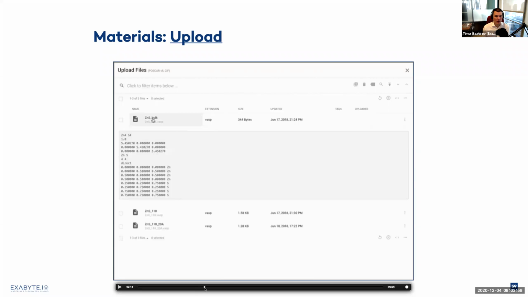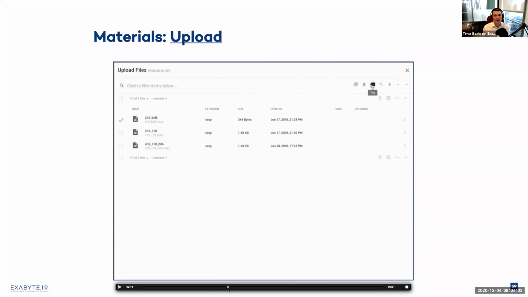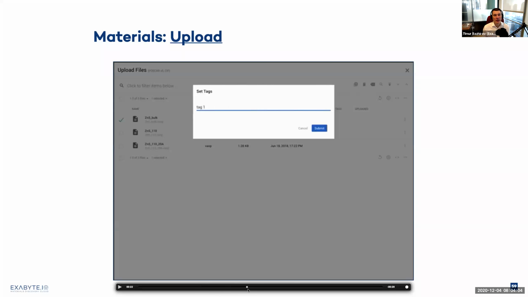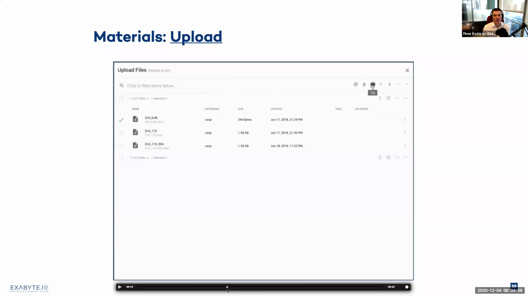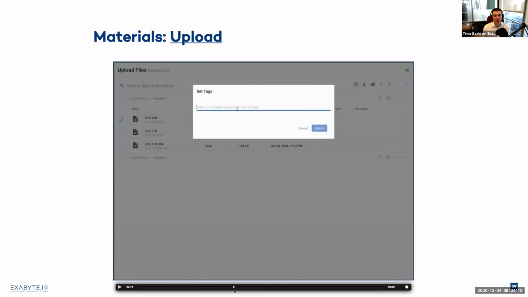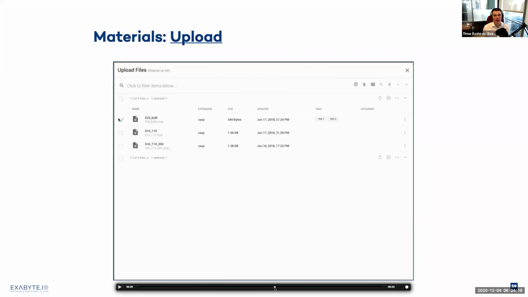We can click on this file to make sure that it actually has the desired content. And we can attach metadata to some of these entries. For example, if you click on the tag tool at the top after selecting one of the files, and then we can type multiple tags separated by comma. You can see that these multiple tags are associated with this